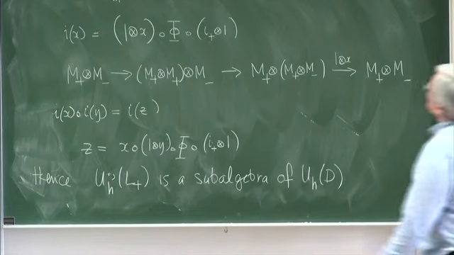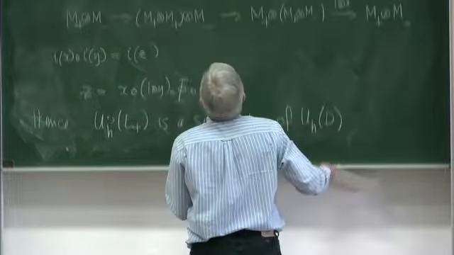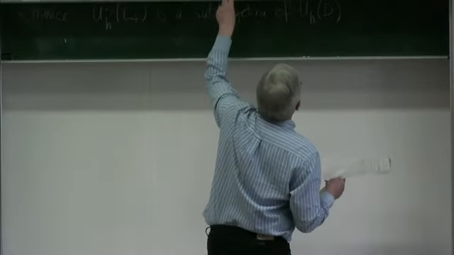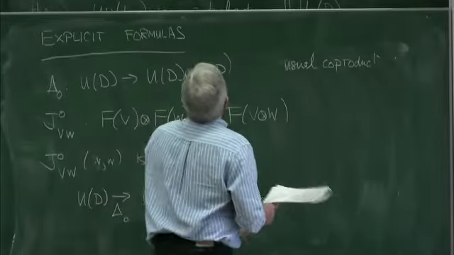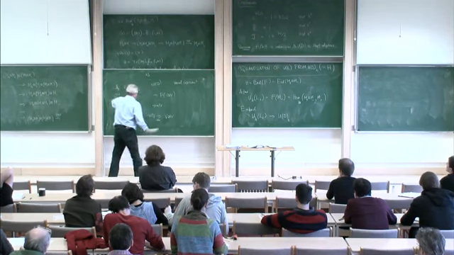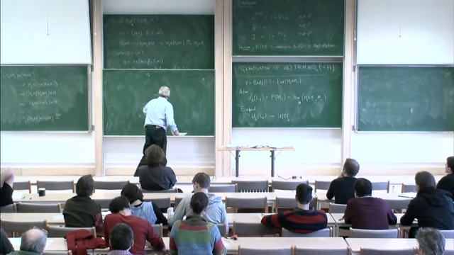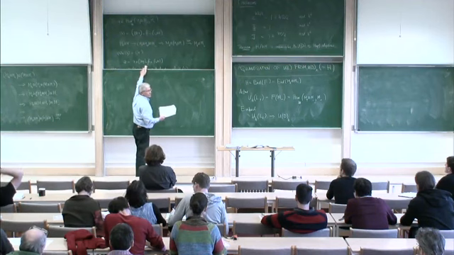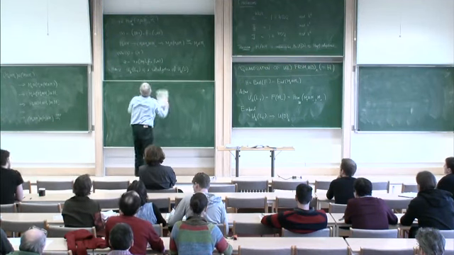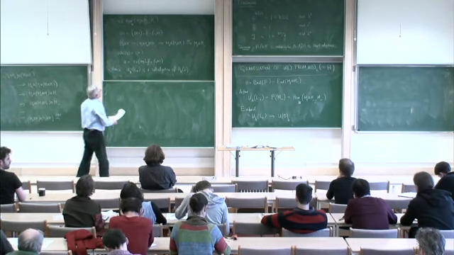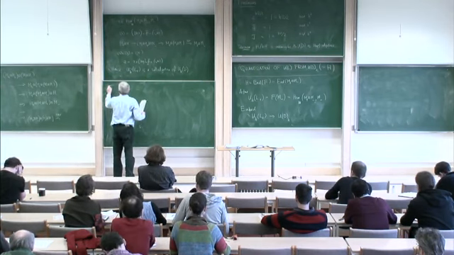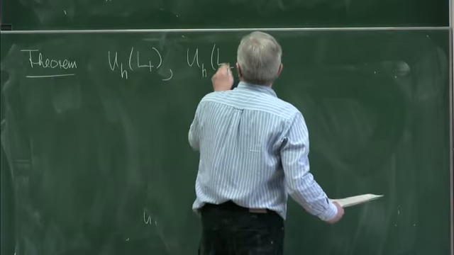In fact, then I'm going to basically give in here. So the Etingof-Kazhdan theorem is that, in fact... Sorry, we can't read the last line. Perfect. So again, the theorem is this. UH of L plus and UH of L minus are sub